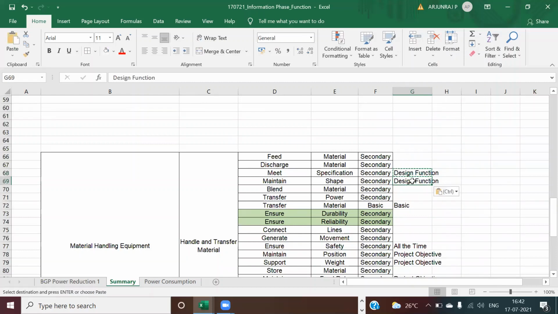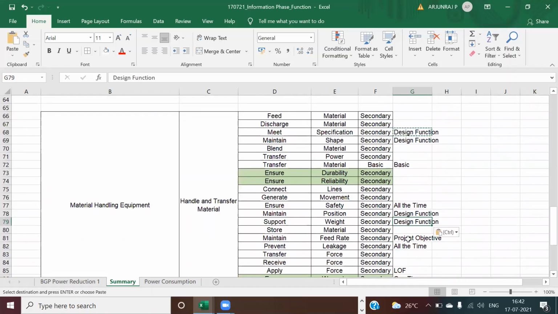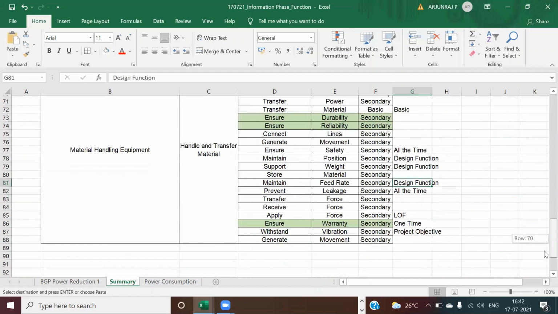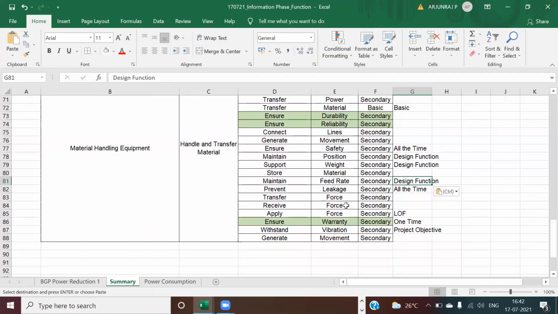But in some of the examples, what I have given might be this one, but I don't want to confuse you. That's why I'm making it very user friendly so that it will be easy, because here the Society of American Value Engineers have mentioned it as a project objective, and previously they mentioned it as a design function, but now they have modified it. It's not necessary to follow the guideline which has been given, but again, the very important thing is you should not get mixed up because of the many new guidelines.